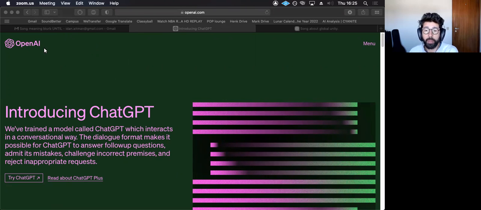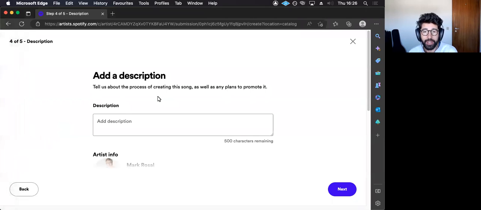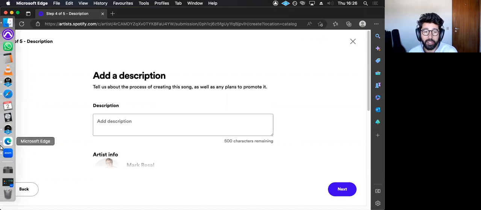Welcome back to the second part of how to release and promote your song to Spotify editorial playlists. In the previous part, we used cyanite.ai to generate metadata for a song, meaning genres, moods, anything like that that can help us fill out the first part in our Spotify for Artists page. Remember, we were here. And then on the last page, we had to write a description. We need to write a song pitch.